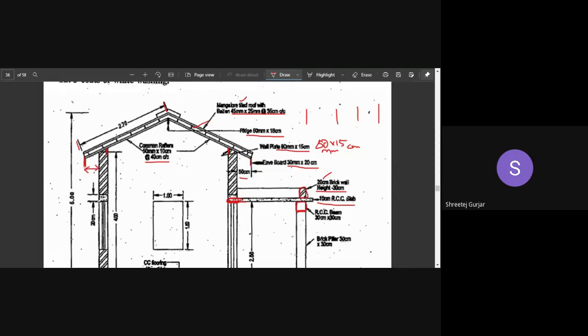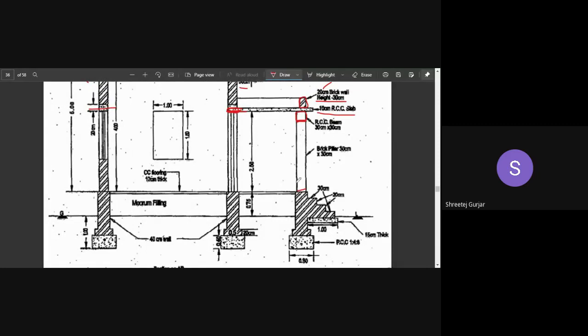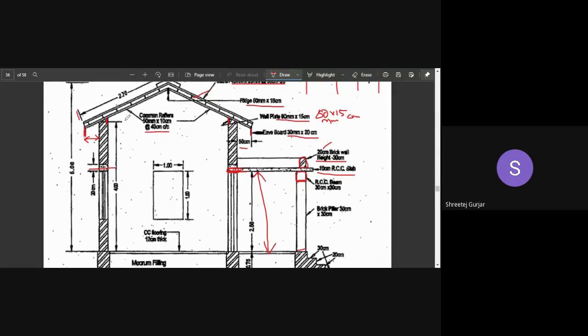Also, there is this lintel which is provided, lintel of 20 centimeter thickness, and this is what is given in your section. Okay. So floor to floor height over here is how much it is? Floor to floor height is 2.5. Okay, 2.5. So this floor to floor height we can see it is given as 2.5, and this is 4 meters. Okay, from here to here it is 4 meters, and then this